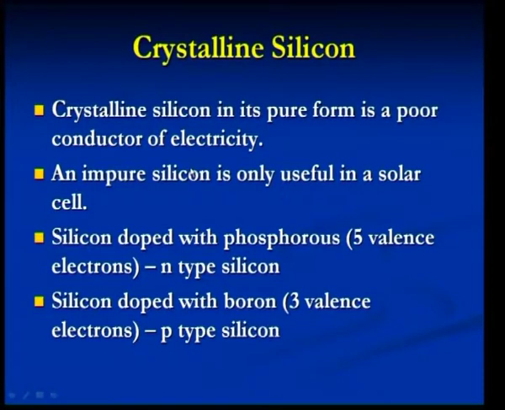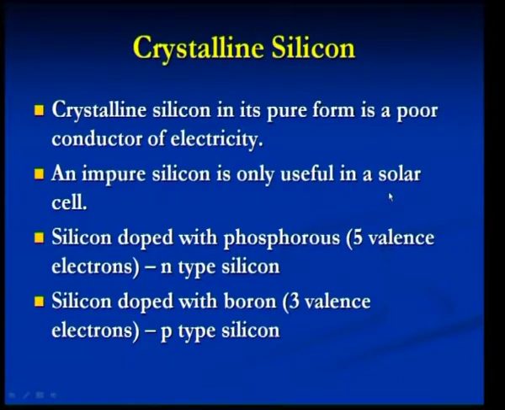Crystalline silicon in its purest form is a poor conductor of electricity. Unless it is doped, it does not become a p type or n type conductor. It is a pure insulator. It does not conduct electricity at all in its pure form, but an impure silicon is only useful in the